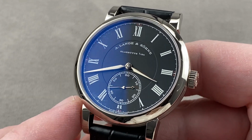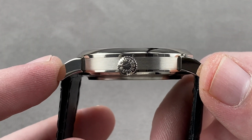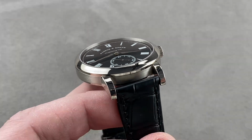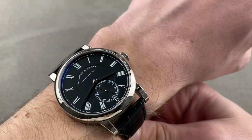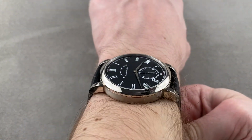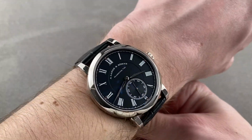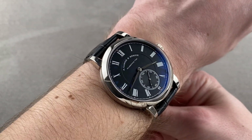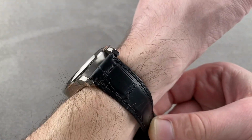watch that features a 10.7 millimeter thickness, a lug-to-lug dimension of 49.3 millimeters, and a space between the horns of 20 millimeters. This 218-piece limited edition wears well on my 16 centimeter circumference wrist. I am quite enamored of it. It's a full-sized dress watch. It's definitely not oversized, but we're a good way from the 33 to 36 millimeter 20th century men's dress watch size. So this is a watch that's very much of a modern aesthetic persuasion, even as the details themselves are